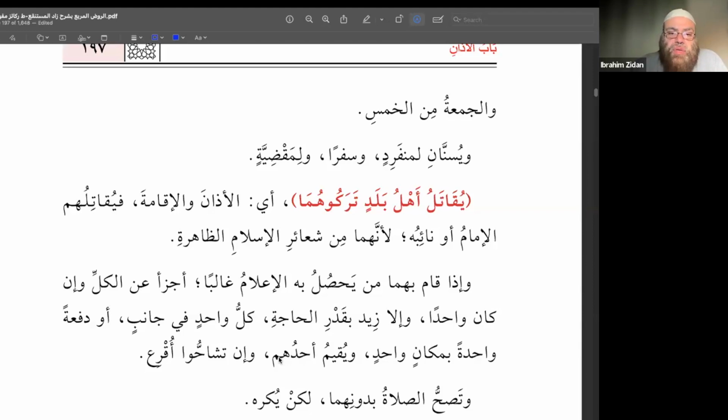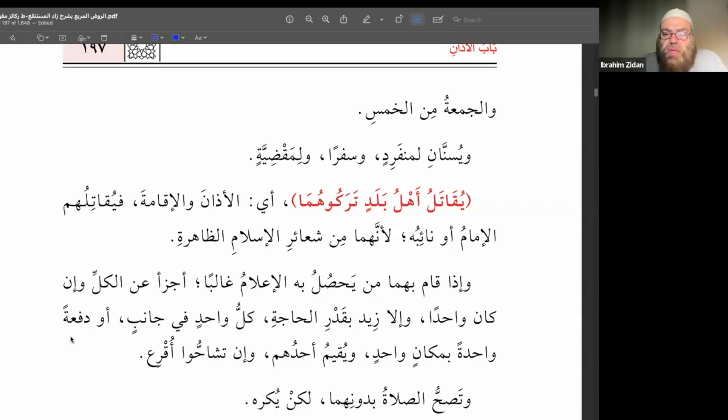But of course every masjid should have their own adhan. كل واحد في جانب, each one in a corner, so that everyone would hear. أو دفعة واحدة بمكان واحد, that means more than one person is making adhan in the same spot. So الدفعة is group. It comes from دفعة, that means something is pushed. So دفعة واحدة, that means one push, but here it's used for